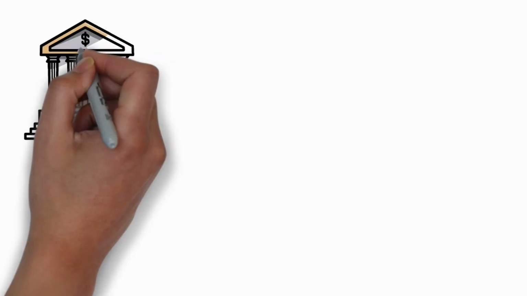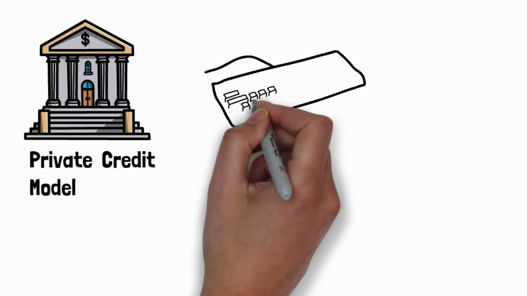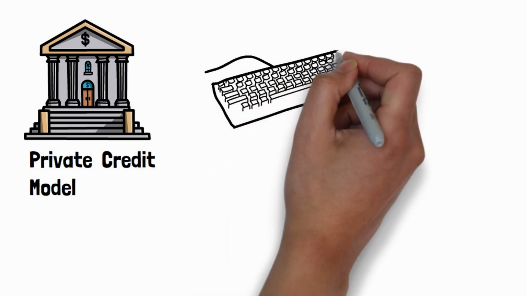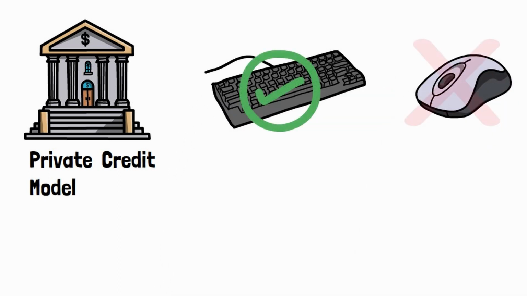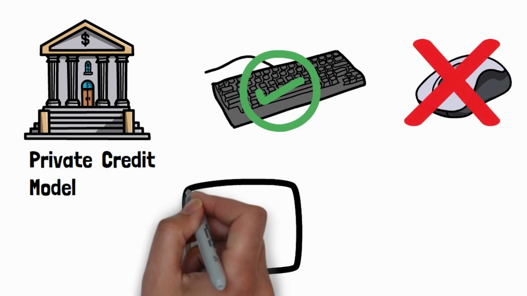This video shows you, the investor, the key components of an institutional grade private credit model. I will use the keyboard and keep my use of the mouse to a minimum to show you keyboard shortcuts